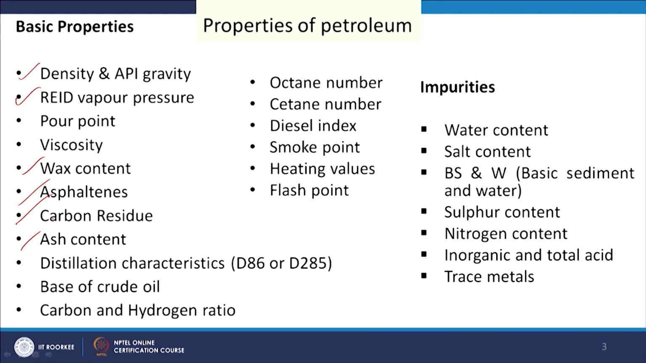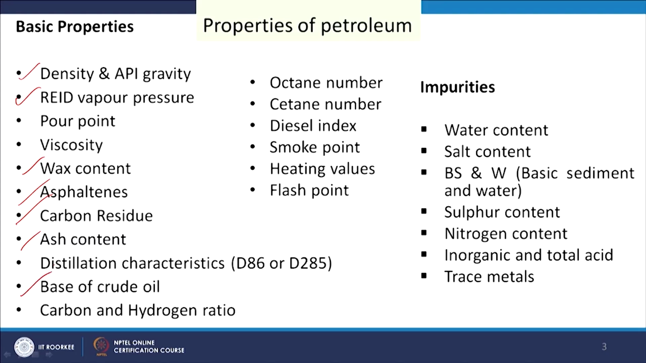Distillation characteristics are important because for a pure compound we get a specific boiling point, but petroleum is a mixture of compounds; a large number of organic compounds, hydrocarbons, are present in it. Each will have a different boiling point. So, when it goes for distillation, different components will be vaporized at different temperatures. So, we will not get a specific boiling point for petroleum crude. We will have an initial boiling point and an end boiling point for a particular cut